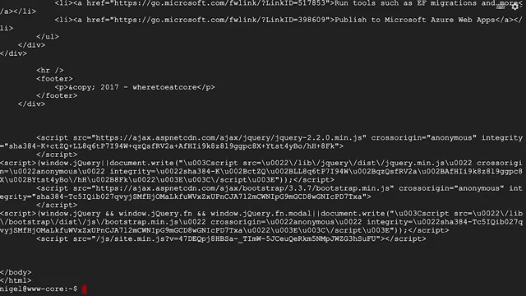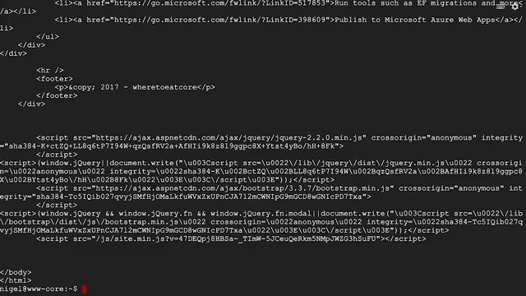ASP.NET Core makes use of the same model view controller architecture as ASP.NET MVC. This means that if we want to add custom application functionality, we can do it by coding a model and controller class in C# and add view files using the Razor template syntax. We'll see this in the demos in parts 2 and 3, where we'll create our custom model, view, and controller using the ASP.NET Core support in Visual Studio 2017.